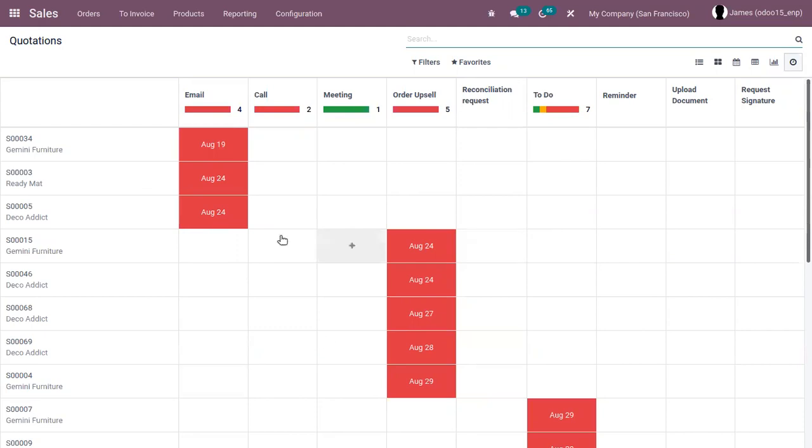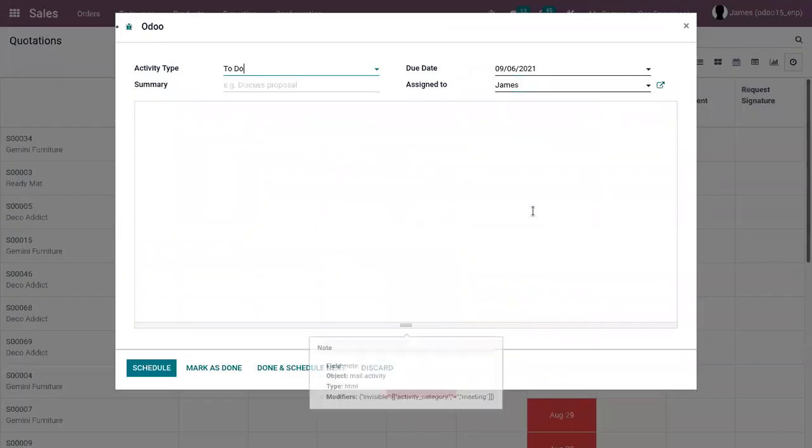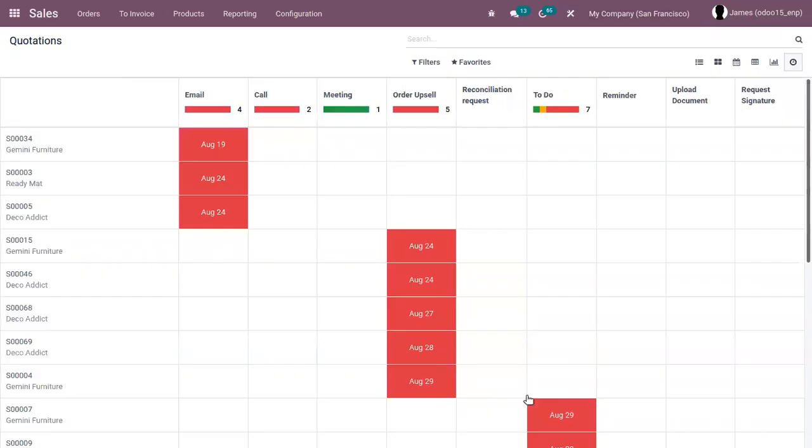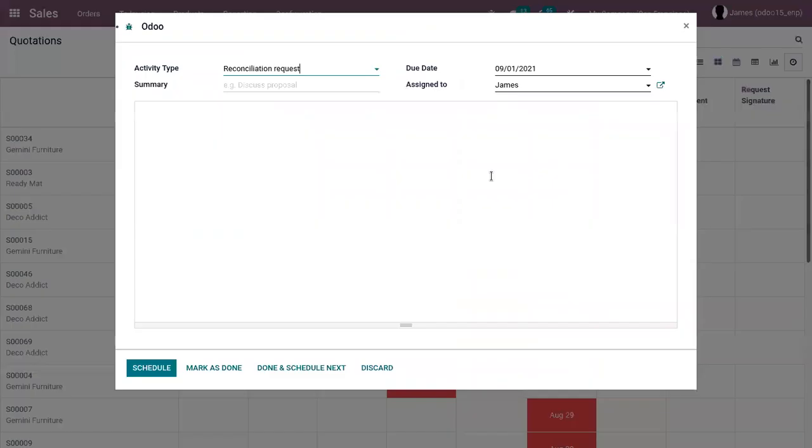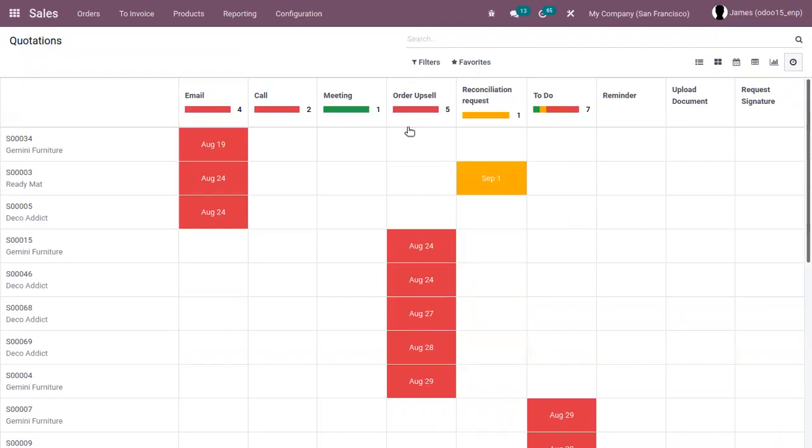And if you want to plan new activities, just click on the plus option. And you can also plan activities from this page. Like here you can see a plus. So just click on this plus and you can schedule new activity. So for this quotation, you can see I have planned an activity, reconciliation request.